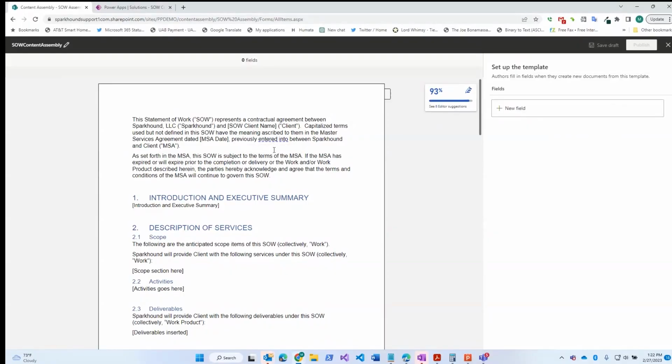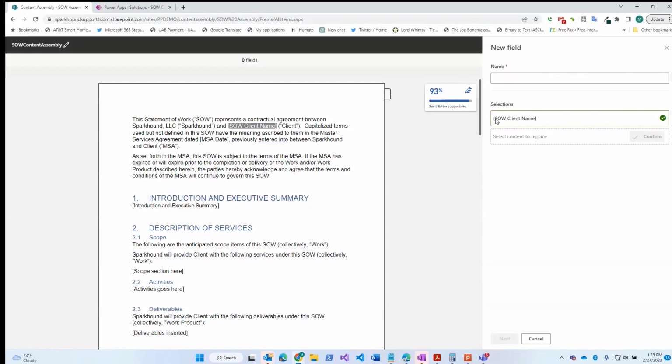Let's get to work. So here we have our document that's loaded into Microsoft Word Online. And actually creating these is quite easy. So what I'll do is I'll highlight the area, that token that I created, and I'll click New Field. Here it says the selection is this, and once I create this, throughout the document it will find this particular selection and replace it with what we put forth for that field. So this field name I'll just call SOW